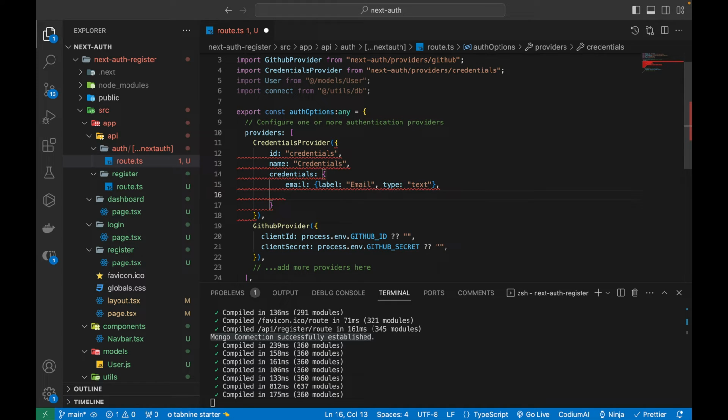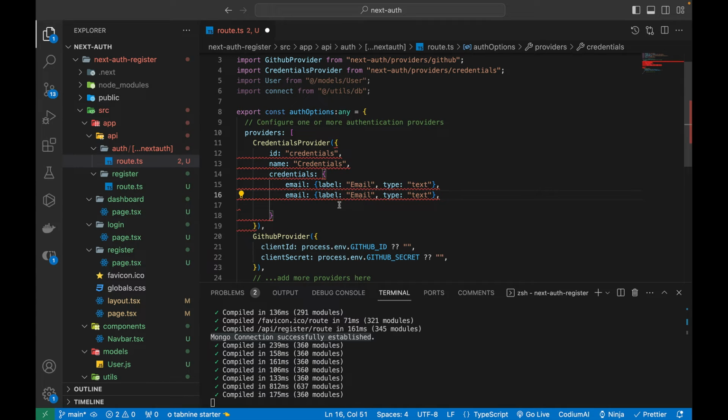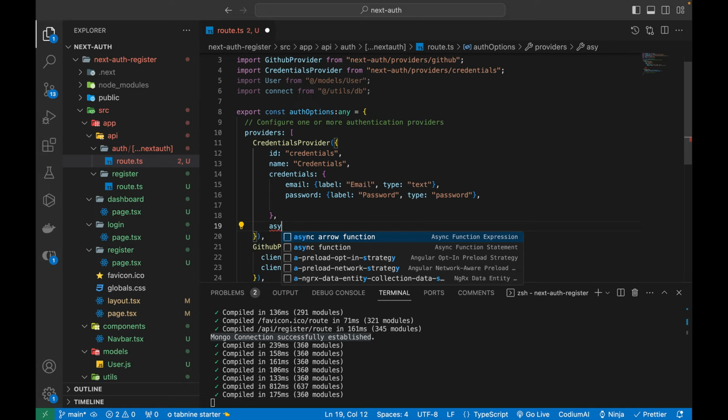Okay, and just like the email, we also need to add password. So password, label password, and the text would be the password as well. Okay, so this is the password, text would be the password. All right, and the next property is the authorize, because we want to authorize it with the credentials which we